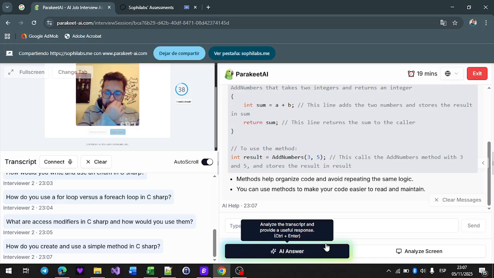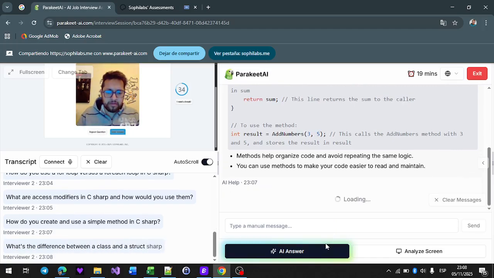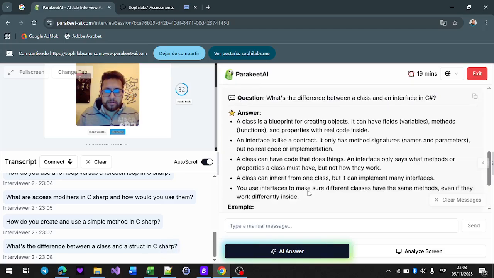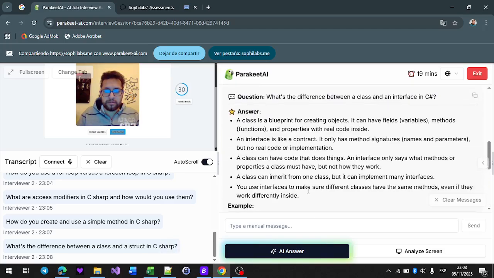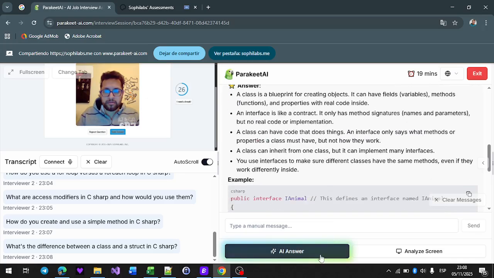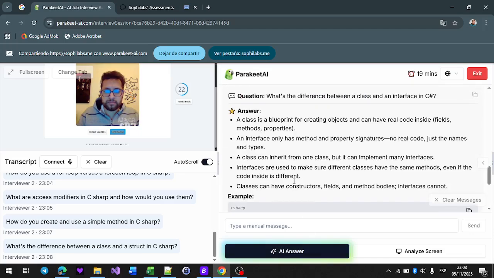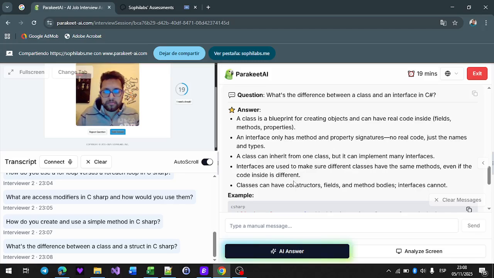What's the difference between a class and a struct in C Sharp? A class can inherit from another class, and it can implement many